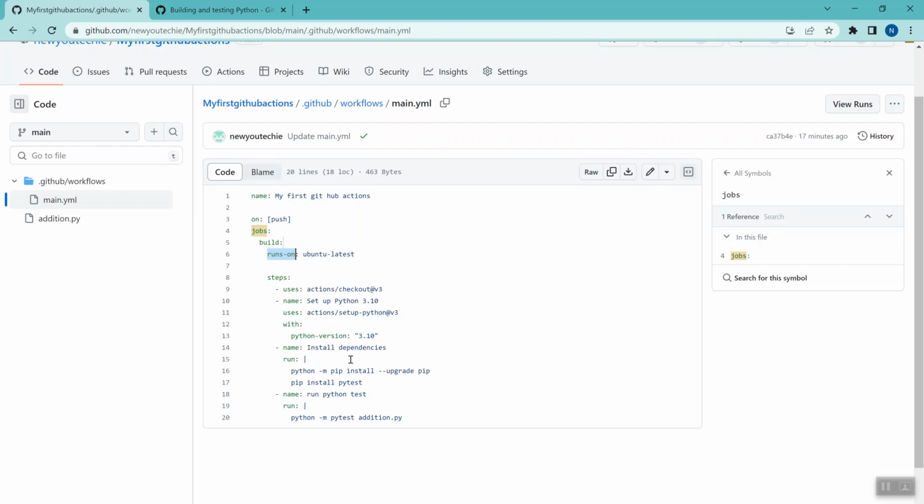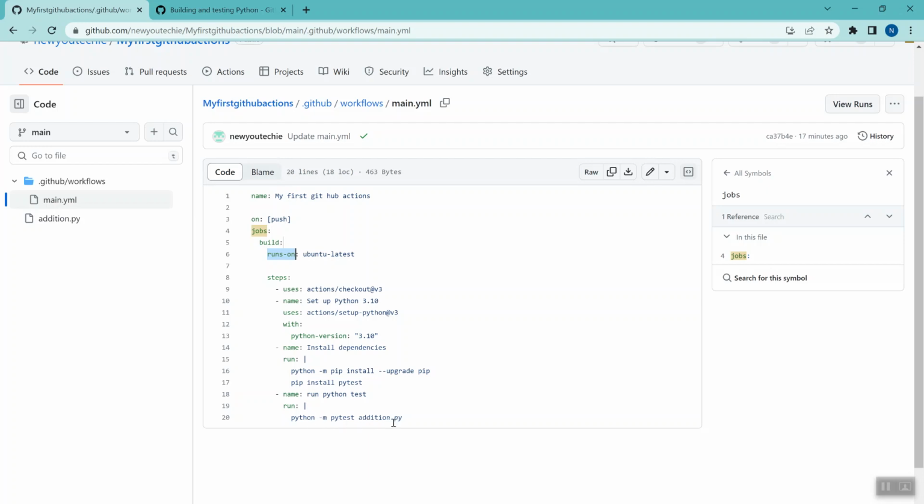Okay, and then we will install the dependencies like what all are required for your code to run or test to run. So I need a pip install upgrade pip and I also need the pytest, so I am doing that, and then the final run would be run python test and it would run using this particular command